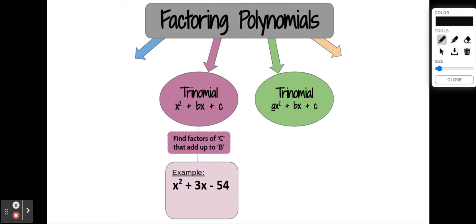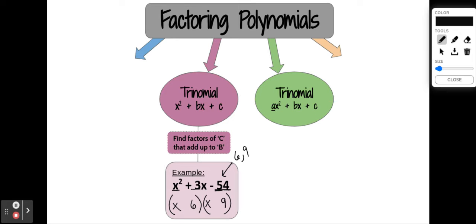Okay, so I am going to get ready to factor. I know that the only way to get x squared is x times x. But now I have to think, what factors do I know that are factors of 54 that multiply together to give you 54, but then also add together to give you positive 3? So if you think about numbers that multiply together to give you 54, 6 and 9 do. And could you use a 6 and a 9 to add together and get you 3? Absolutely. So we're just going to put the numbers 6 and 9 as our last terms in those two binomials,